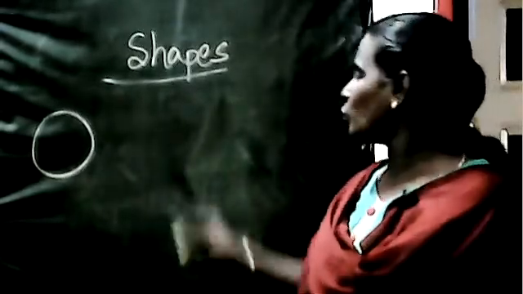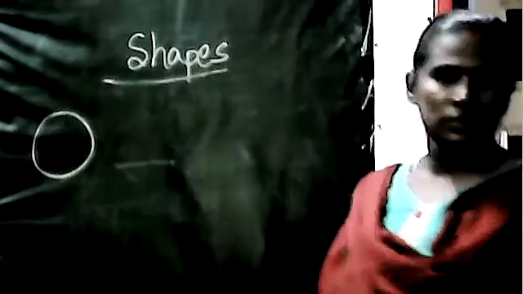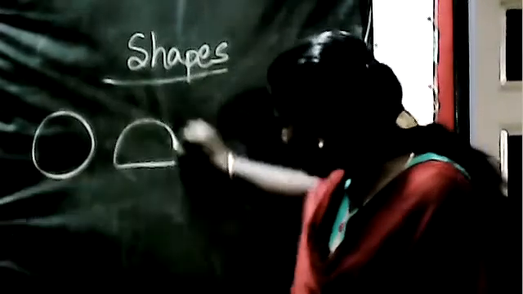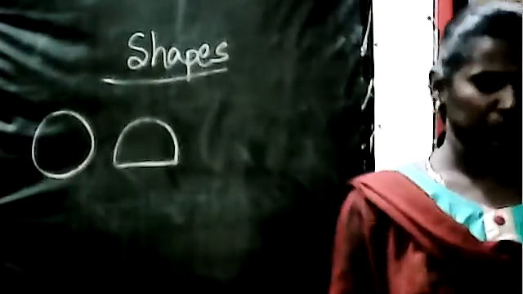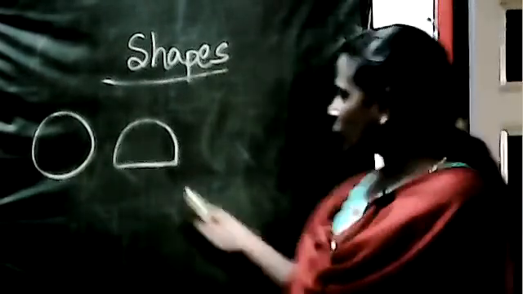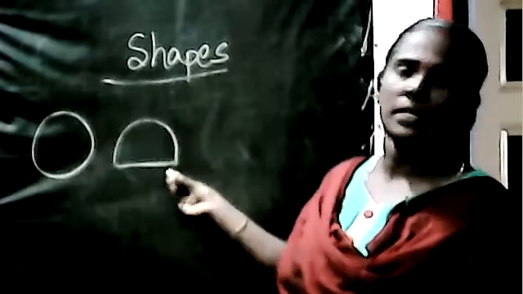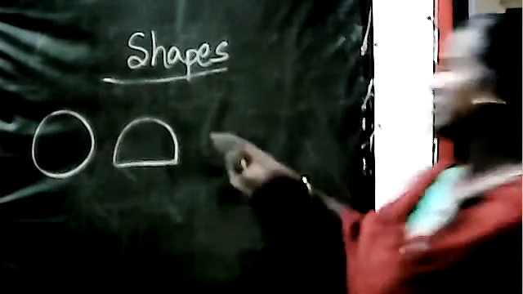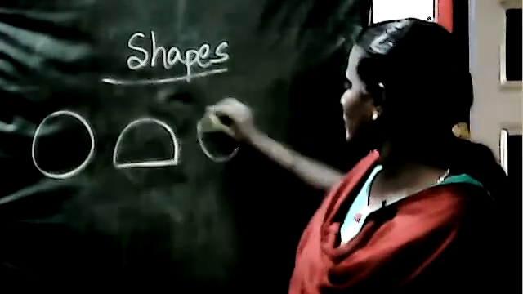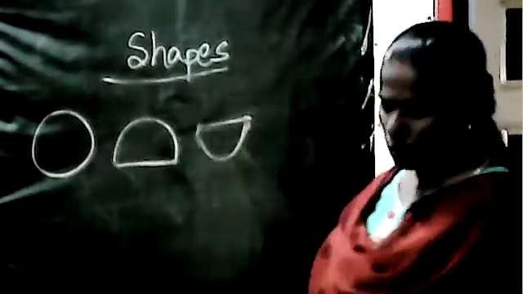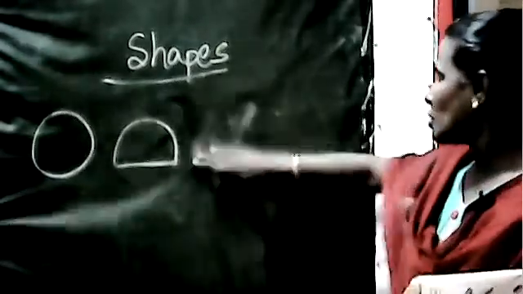Now next what you should do is, see here, there is a sleeping line here. And here there is a curve. This is a semicircle, half circle. Okay, based on these we have learnt many objects. Now see here, semicircle, purse. The purse you may have is in semicircle shape. Okay, then when you cut the watermelon pieces, it will be like this.